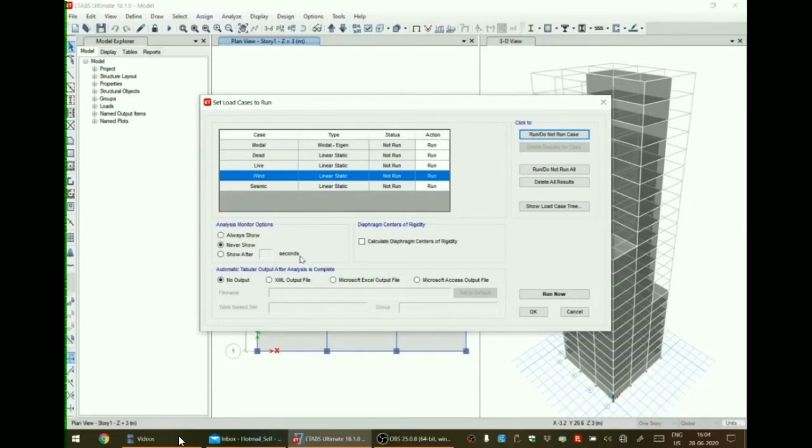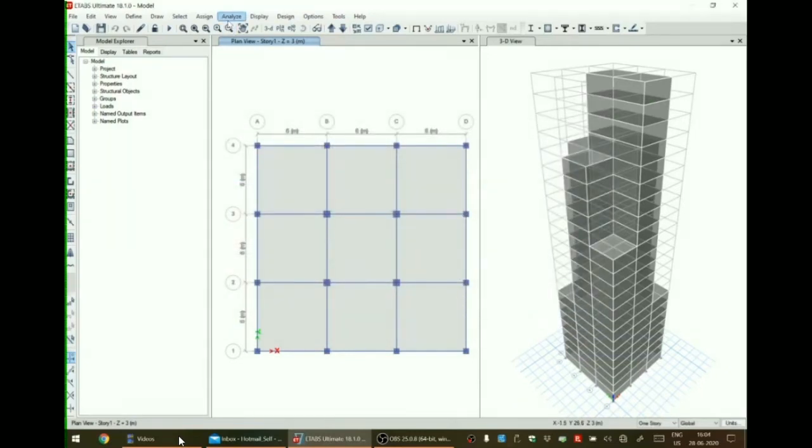So for this case, in the present scenario, wind load need not be considered. So we are selecting wind load and clicking on run/do not run option to make it do not run. So the seismic load will be on. Now click on OK.